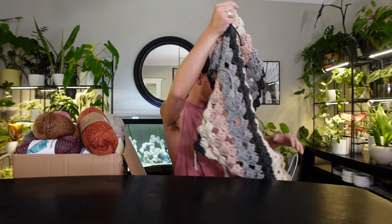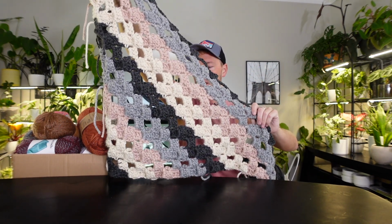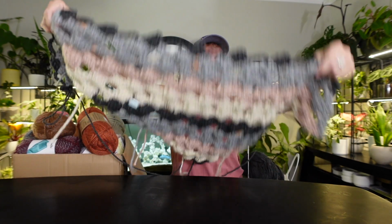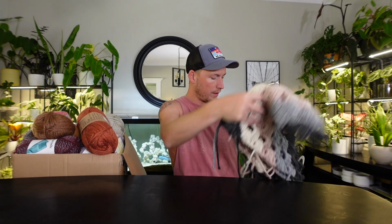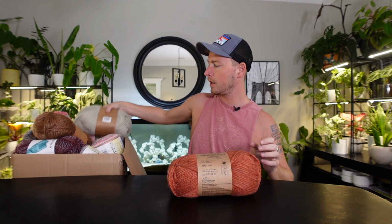But do you guys remember I did a video recently, I'll link it below, where I was taking some of these Lion Brand Re-Spun yarns, and I started making this little blanket using pink, white, gray, and black. Well, I really liked the way it looked. It's not done. I haven't done any more than I did in the video that I posted, because I have too many other projects going on right now and have no business buying yarn, but I did like how that looked. So while I was buying Eric his yarn, I was looking at the Re-Spun yarn, and I was like,